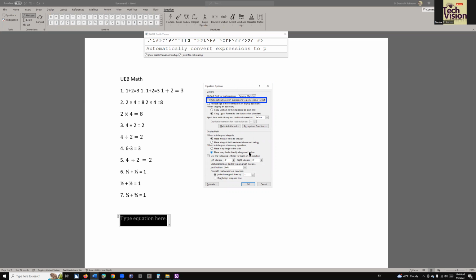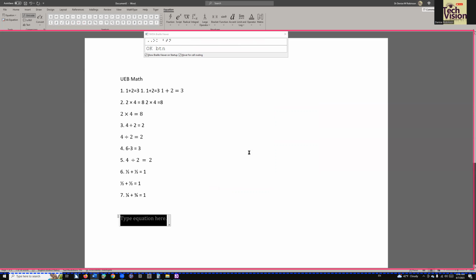For UEB. So I'm going to do a little UEB, and then I'm going to go ahead and change that back to professional for Nemeth. Space. Okay, not checked. Document 3 Word. Okay. Microsoft Word document edit multi-lines. So square root